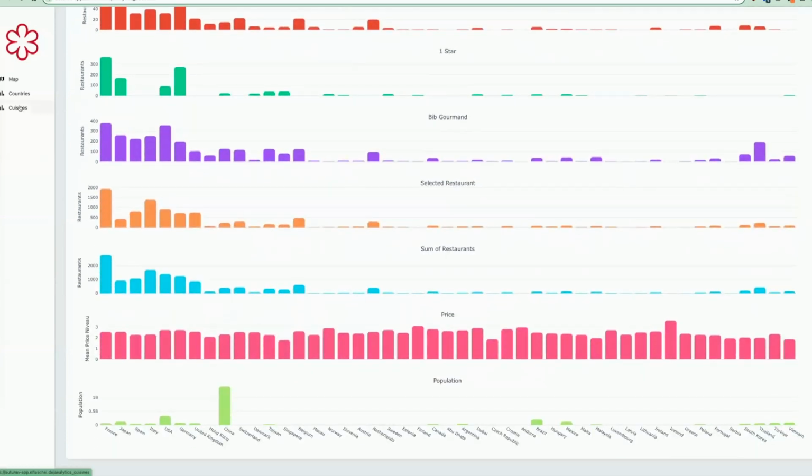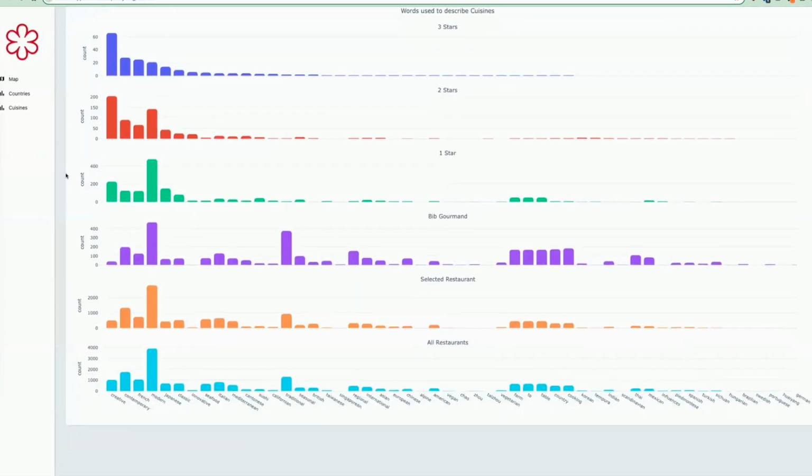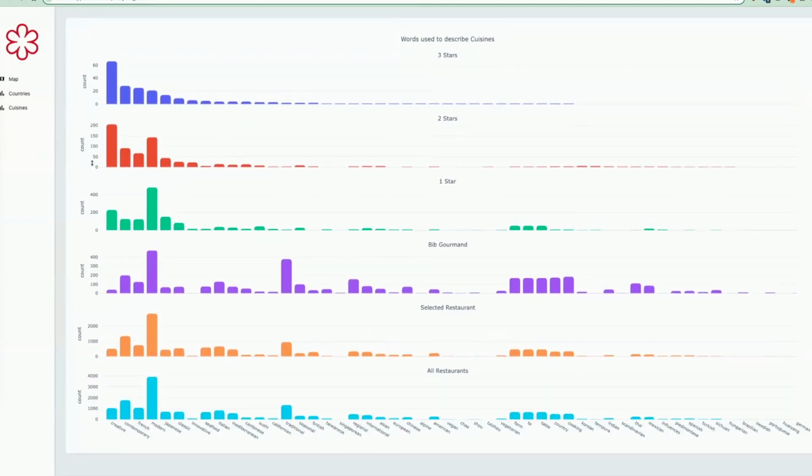And on the second page, I analyzed the cuisine description of the restaurants, again with a subplot of bar charts. And it's basically the same. So you count for different kinds of restaurants, but this time you count the words that are used in the description of the cuisine. And this is actually kind of interesting because when you look at all restaurants, it's pretty